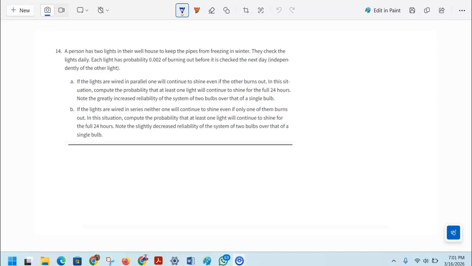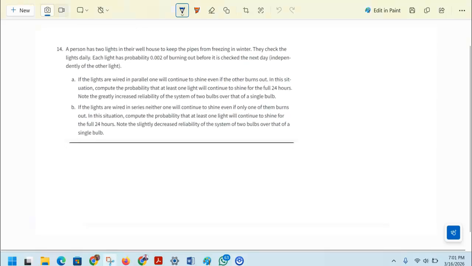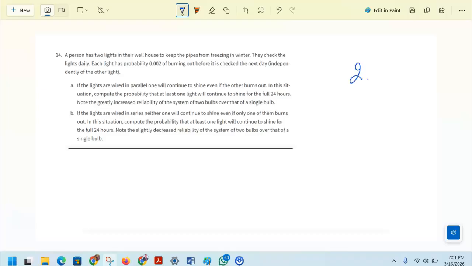Okay, this is in continuation with the last. Last time we did 2.4. I did exercise all the way from 1 to 13. Now I'm continuing with 14. Question number 14 is about a person who has two lights in their well house to